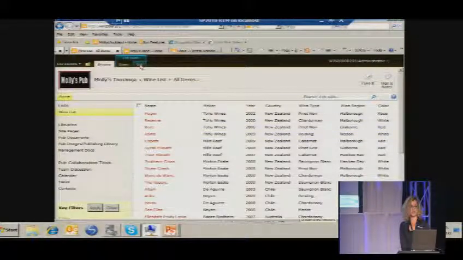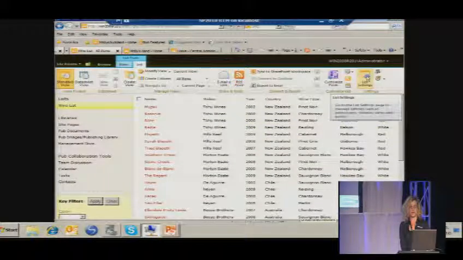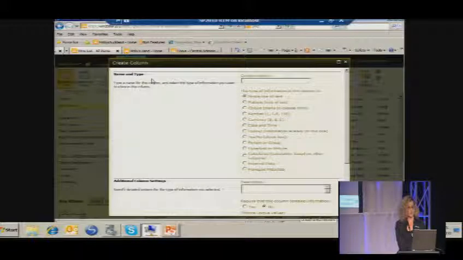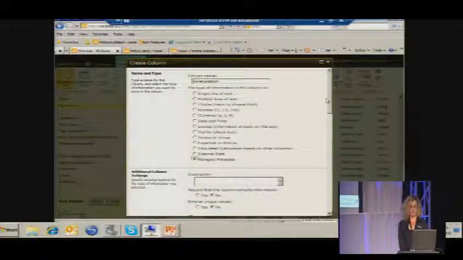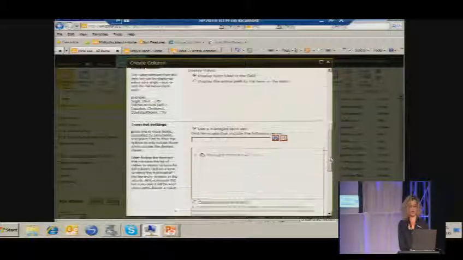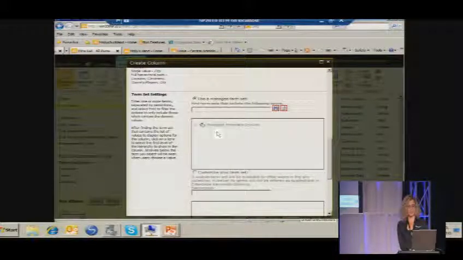I'm going to go to the list settings. And I'm going to create a new column. And I'll call this wine location. And I'm going to make it a managed metadata field. And you'll see down the bottom here that then I have the term sets that I have available for me